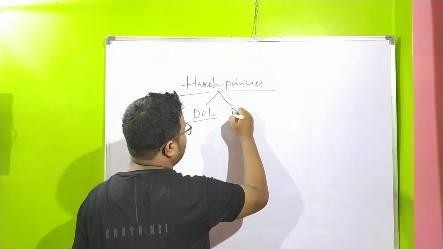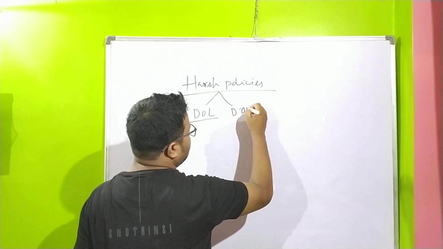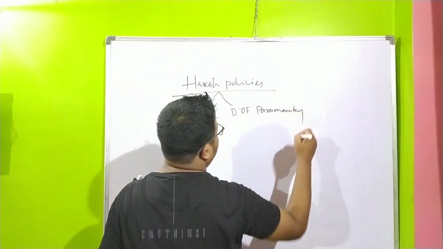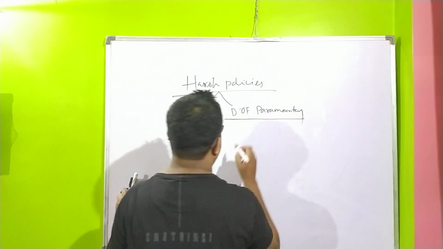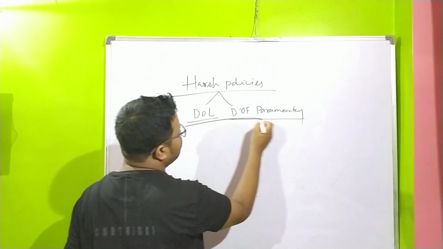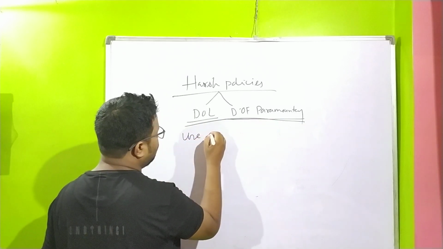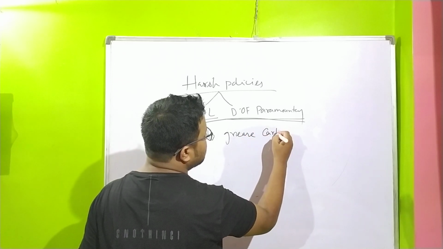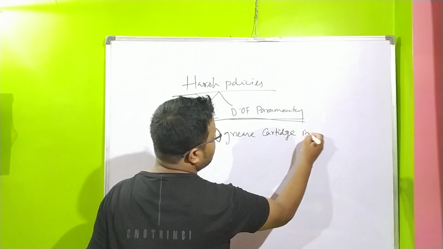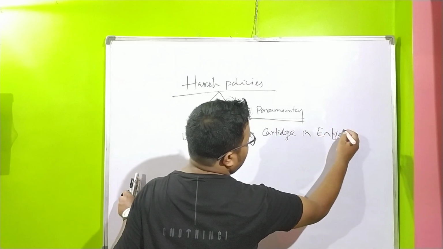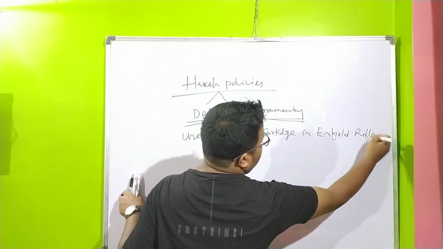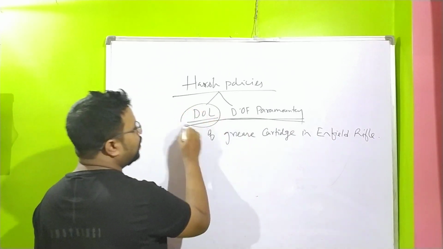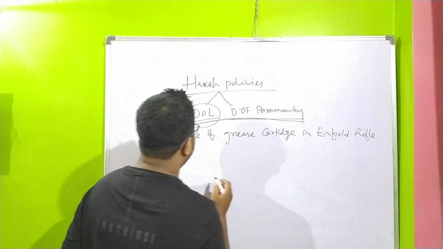Doctrine of paramountcy. And the most recent, that means the immediate cause, was what? Use of grease cartridges in the Enfield rifle. Okay, so because of their harsh policies like the doctrine of lapse, the doctrine of paramountcy, and